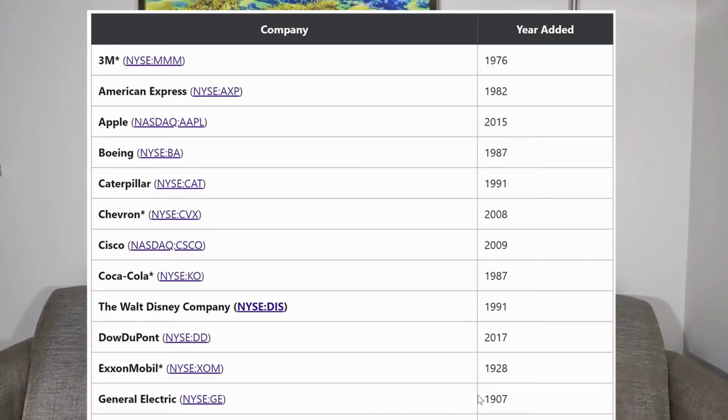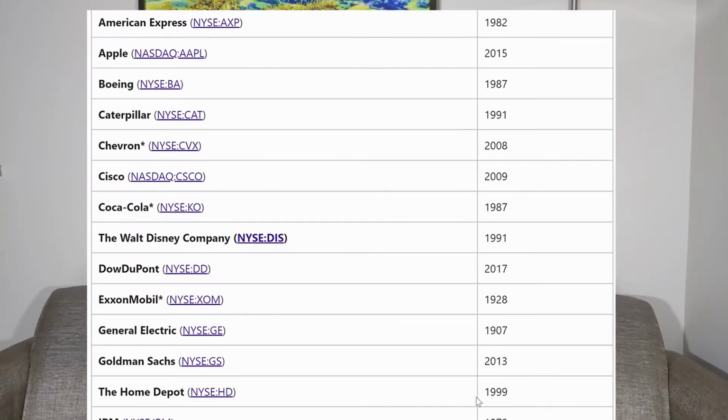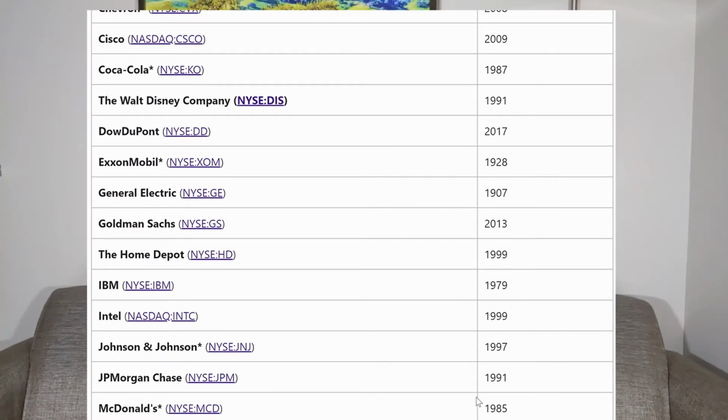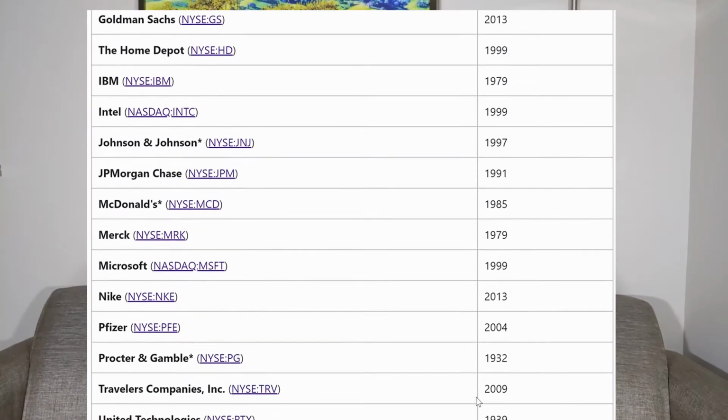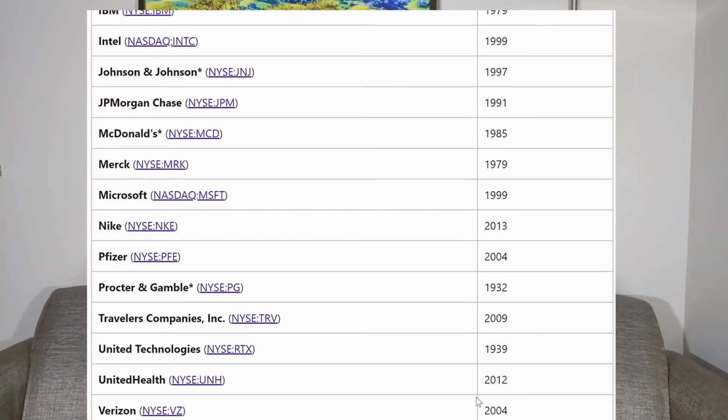There's probably a lot more that goes into selecting the 30 that is done by that committee. But really, all you need to know is that the Dow Jones is 30 companies, and I'll go ahead and put them on a list on the screen right now, just so you can see a list of the current Dow Jones 30 companies. And of course, those companies also do change whenever the committee decides to change that list.